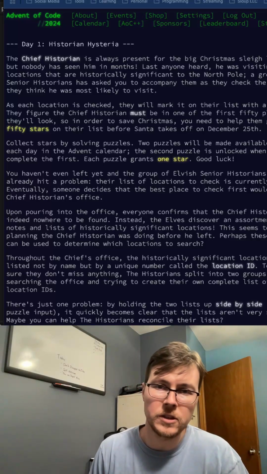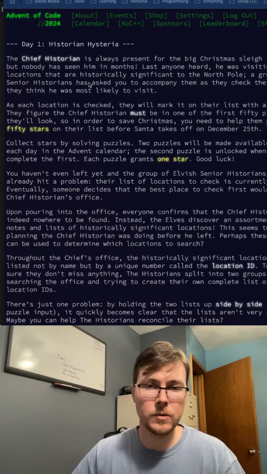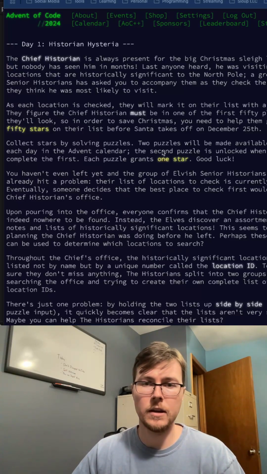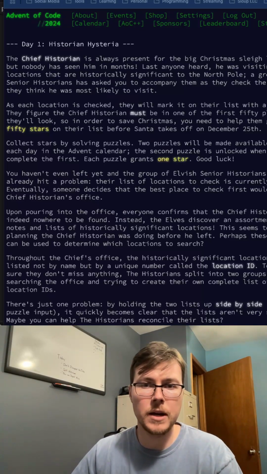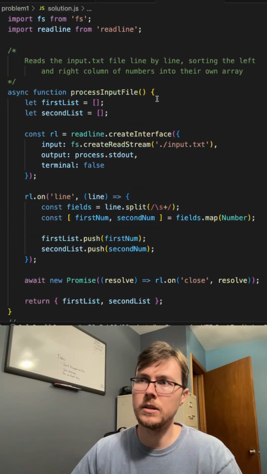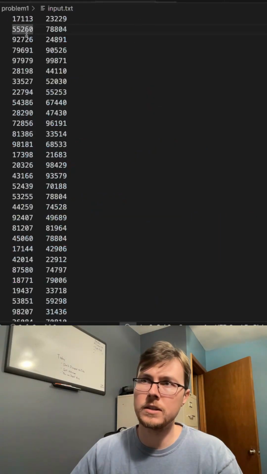Every December, for the 25 days leading into Christmas, is the Advent of Code, where they give you 2 coding challenges per day to try to solve as a bit of a fun little project. So this is my solution to day 1, problem 1. I'm using Node.js and JavaScript, in which I have this full